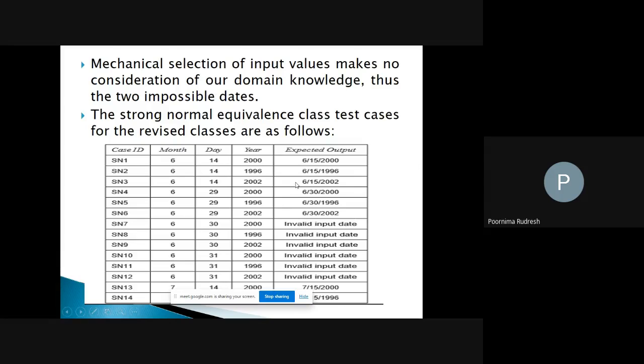Similarly, for the strong normal equivalence class we will have more test cases, because we are considering the Cartesian product of each of the variables: month, day, and month, year, then day, year, then month, day, year. These six are for those combinations. Next six are for the invalid input date. If any one of the variables has an invalid value, it will display invalid input date. For example, June 6, if you specify it as the 30th,